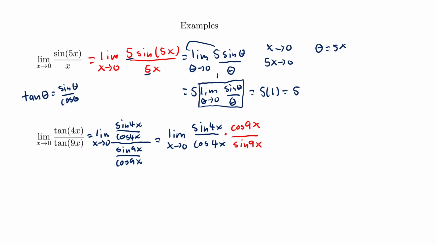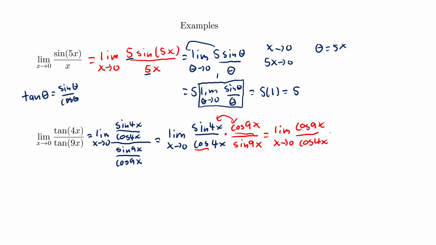Okay, from this point, it's going to be rather useful for us to separate the sine part and the cosine part. So I'm going to write the cosine part as its own fraction and the sine part as another fraction. All we're going to do is swap the location of those two. So this is going to be the limit as x approaches 0 of cosine of 9x over cosine of 4x